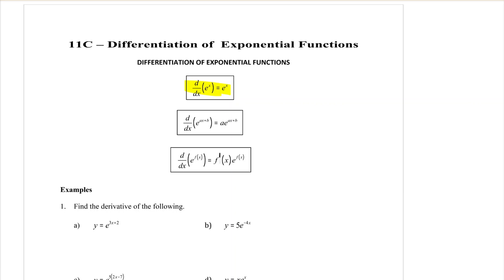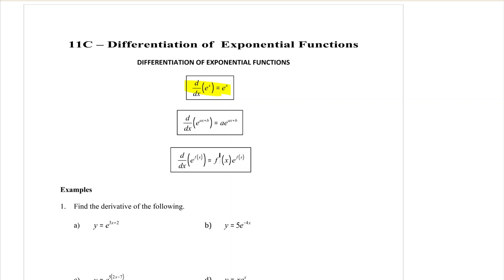Okay, so this first one that I've highlighted is what we discovered yesterday. If I differentiate e to the x, I get e to the x. So it should be the easiest thing in the world to differentiate because it stays exactly the same. However, if I change the exponent so that it's not just an x, it does get a little bit